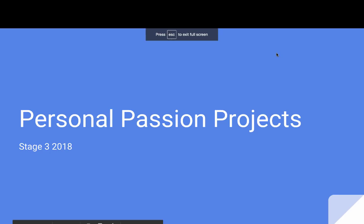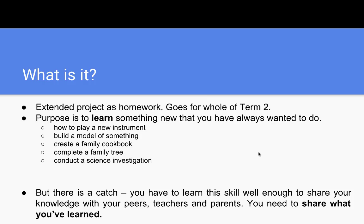This term we're going to be learning our personal passion projects. We're going to be doing them for homework, and it's going to take you all of term 2 to be able to work on this. What is it? Year 6 will know because you did it last year, but for Year 5 it should be